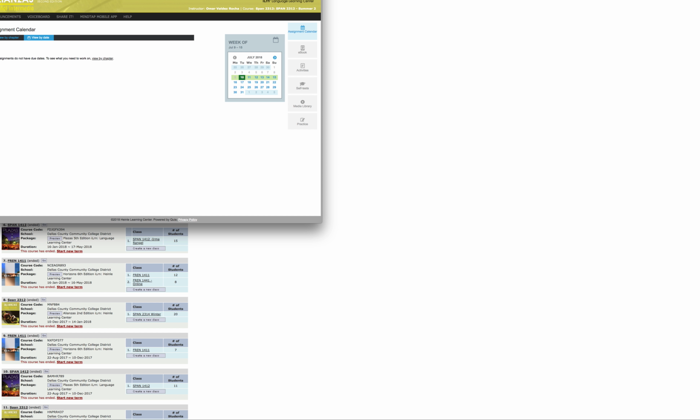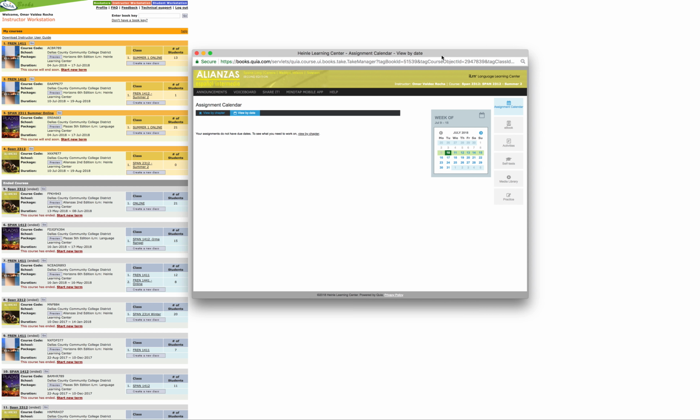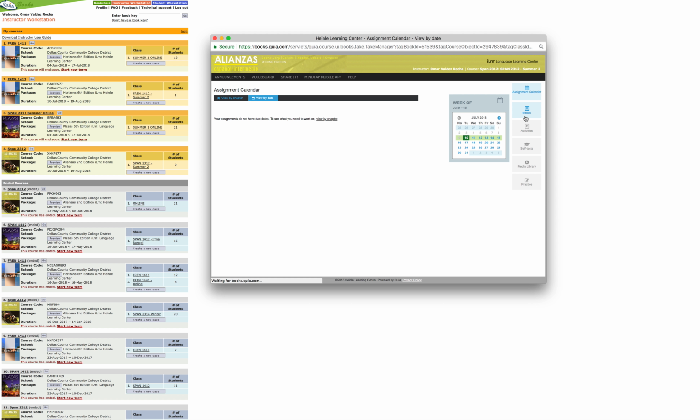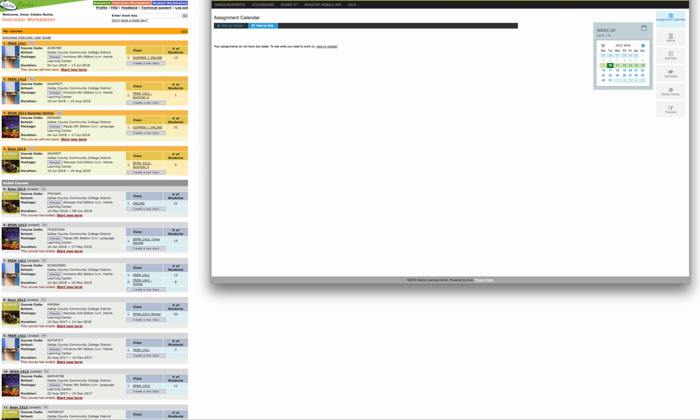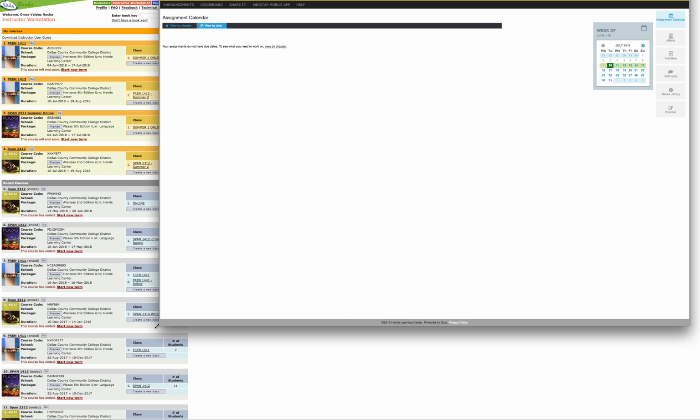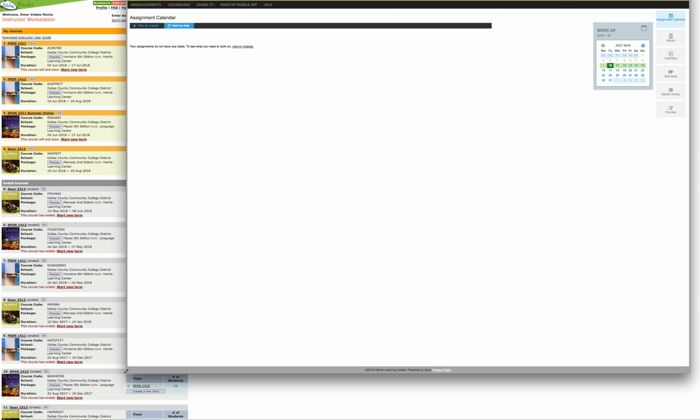Remember that we have our textbook, Alianzas, right? For you, it looks something like this, I believe, okay? Once you log in, once you create an account, once you put in the course code, it'll tell you to buy the book, right? And you can click on, there's a very small link, it says buy. You can click on that link and you have the 6-month access or the 24-month access, and you also have a very smaller link that says you can do a 3-week trial, okay?